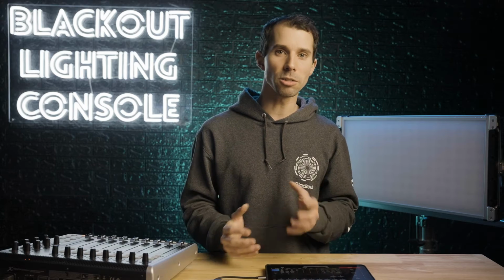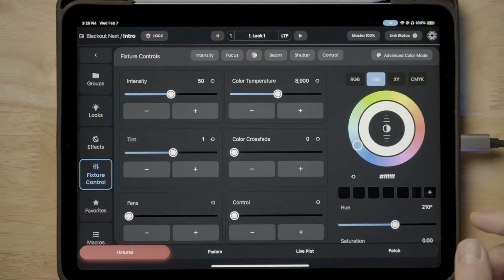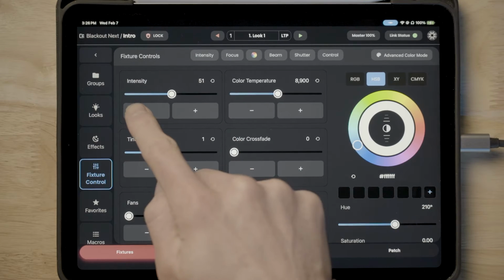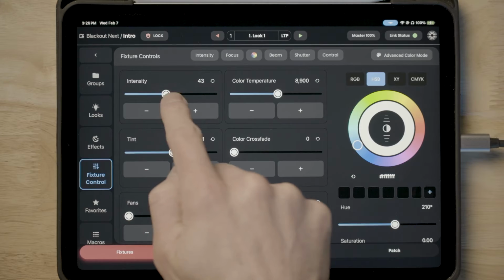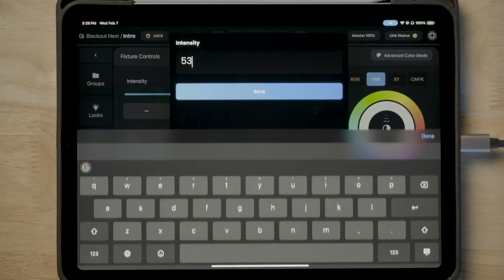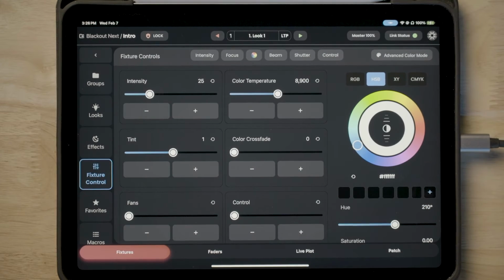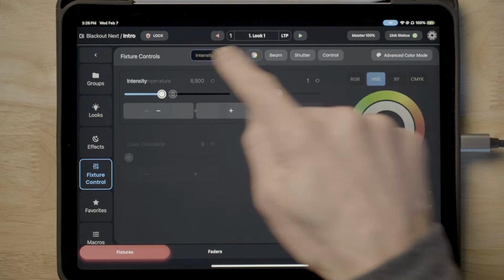A lot of these still need some UI work, which we will get to, but take a look at fixture controls, which has been completely revamped for a greater experience. Now it's much easier to fine tune your values as each slider has plus and minus buttons below it for incremental change versus trying to move a tiny slider with a big finger. You can also hold the value to directly type in a number, and now you can filter by parameter through